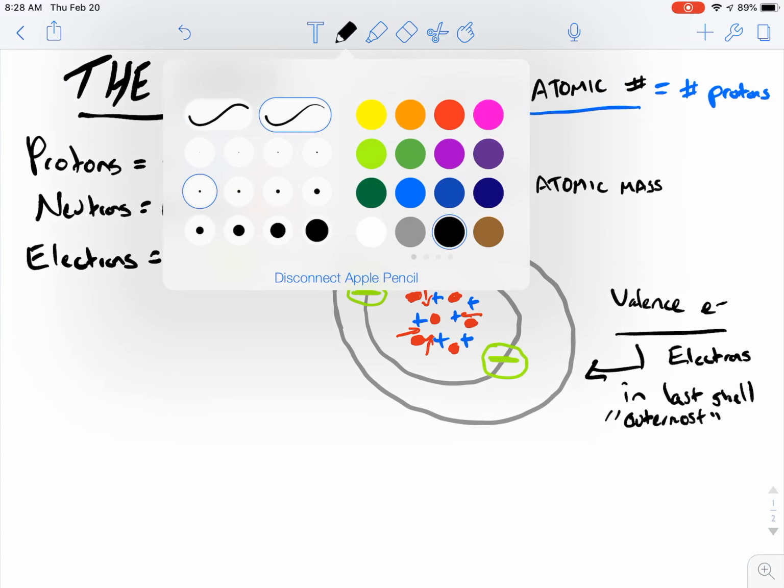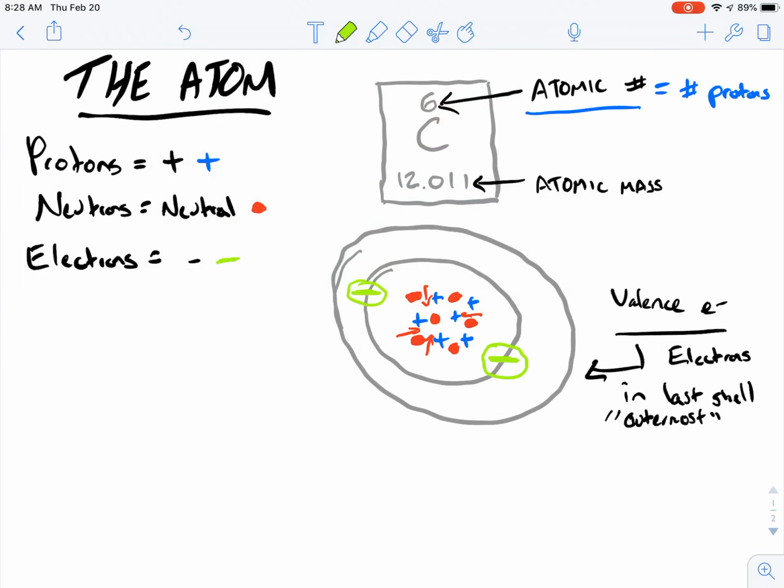And the significance of the valence electrons is that they do the bonding between atoms. So we have 4 valence electrons,